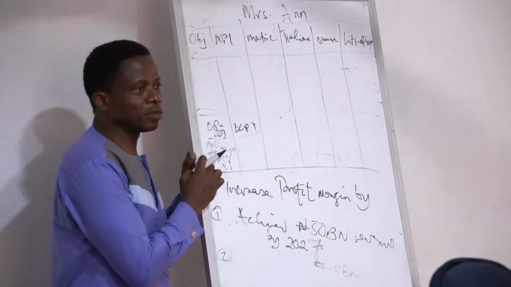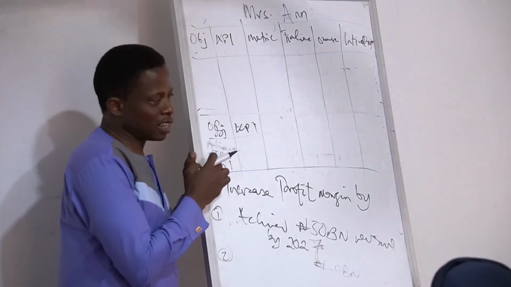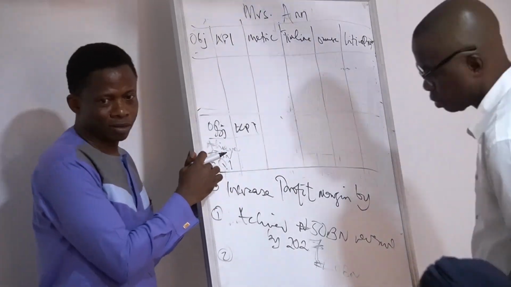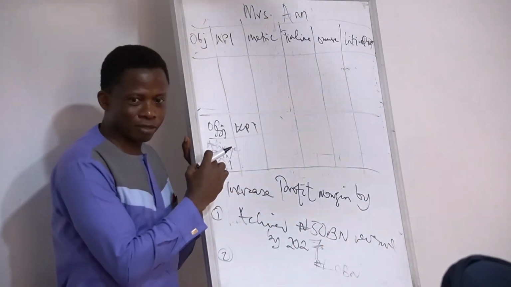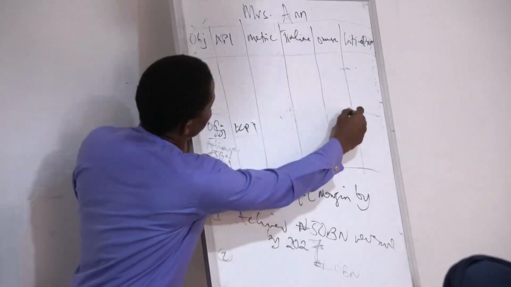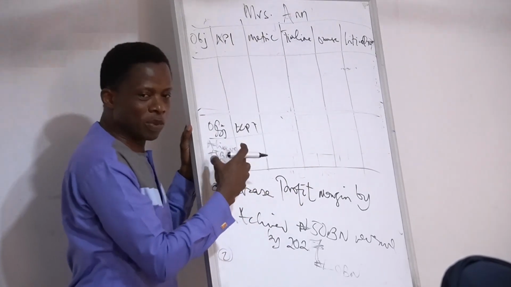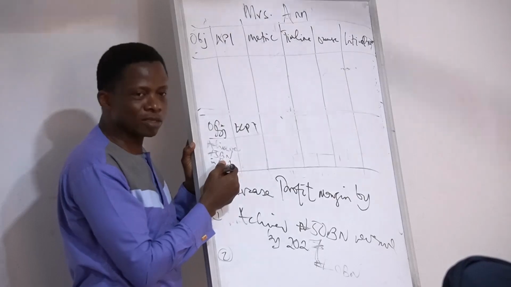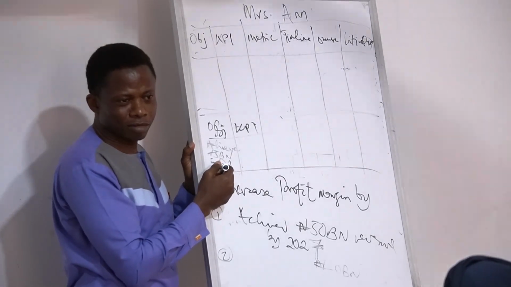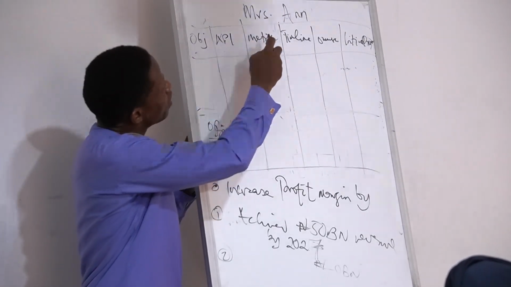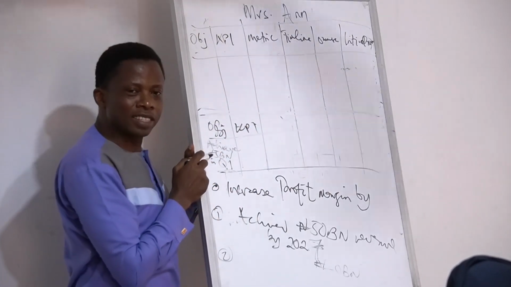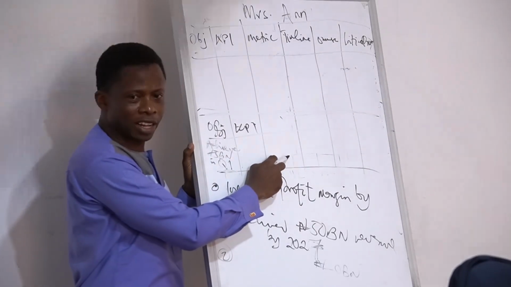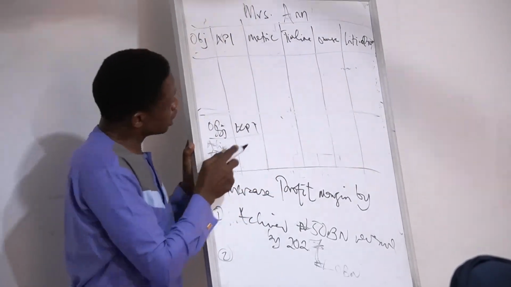Is this objective correct? Is this how it's supposed to be written here? Sorry, sir. You see departmental. This is departmental. I want us to do departmental and then we will now give her our own portion. Is it correct the way we wrote it? We have KPI, we have metric. Is the metric already here? So if we put 5 billion there, what are we going to put here? It's not the percentage. If we put Q1 here, what are we going to put on that timeline?